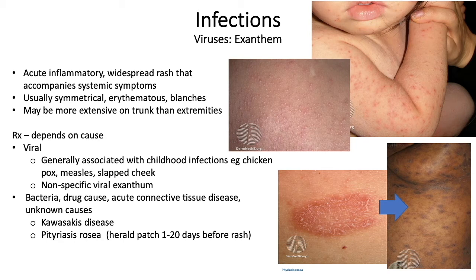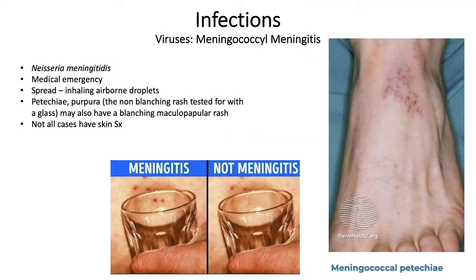Something that's important to determine when looking at an exanthem is whether it blanches or not. And the reason for that is meningococcal meningitis. So this is an infection caused by Neisseria meningitidis. Two severe consequences of this infection are meningococcal meningitis and meningococcemia or meningococcal septicemia. And so this is when the meningococcal infection spreads into the bloodstream. This is when we would see cutaneous manifestations, which would be a rash consisting of petechiae or purpura,